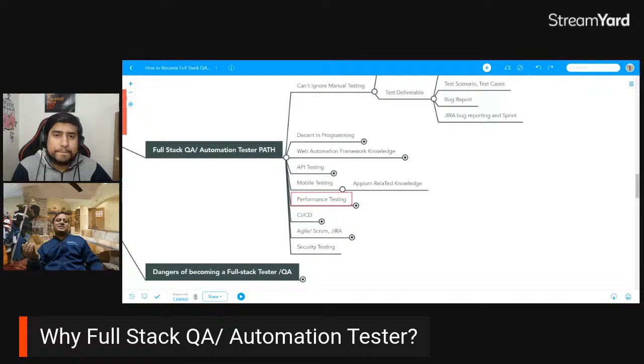So you are idle, and companies these days do not like that. They need people who are active, right? They don't want an idle person in their team, even if it is not your responsibility or you are not directly expected to do that. But if you are active and you know all those things, the companies will give you more responsibility and prefer you compared to another person. But if you are not active, then it becomes a problem, right?